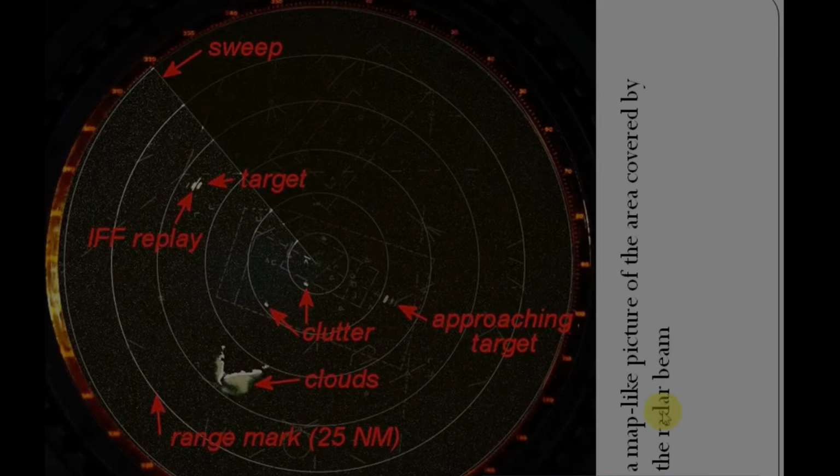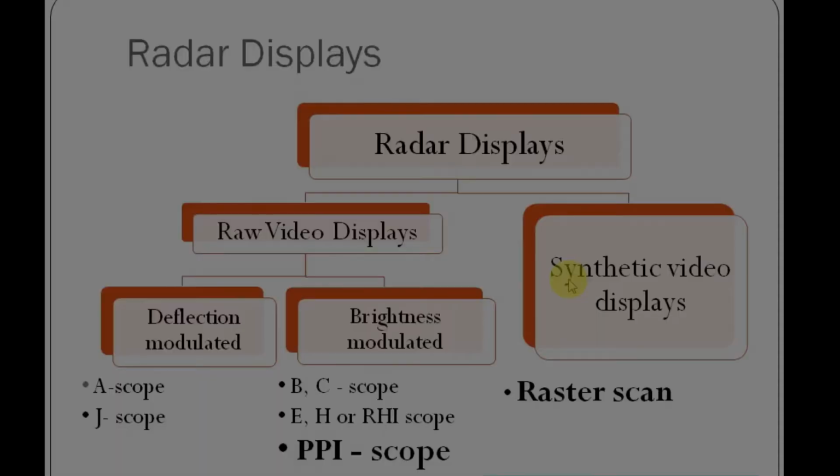Now we come to our main section, the PPI screen, plan position indicator. That is the radar's main part. As I explained, the radar has 4 main parts: transmitter, receiver, duplexer and antenna, and its display.